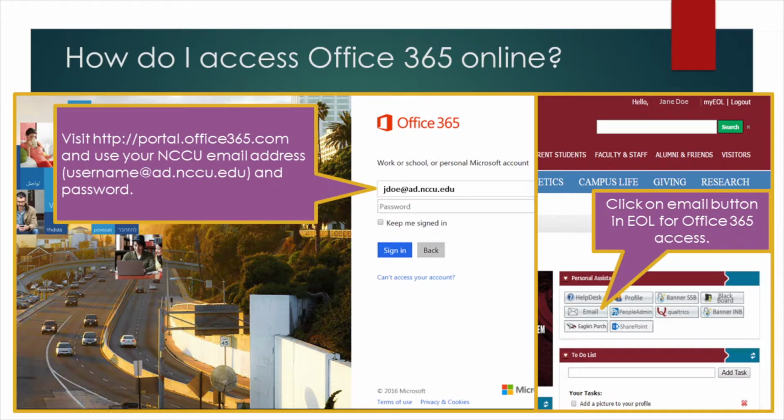Pay close attention to the way that you have to type in or put in your email address. It's going to be username at ad.nccu.edu. Make sure to include ad.nccu.edu. The second way that you can access Office 365 would be by signing into your My EOL, My Eagles